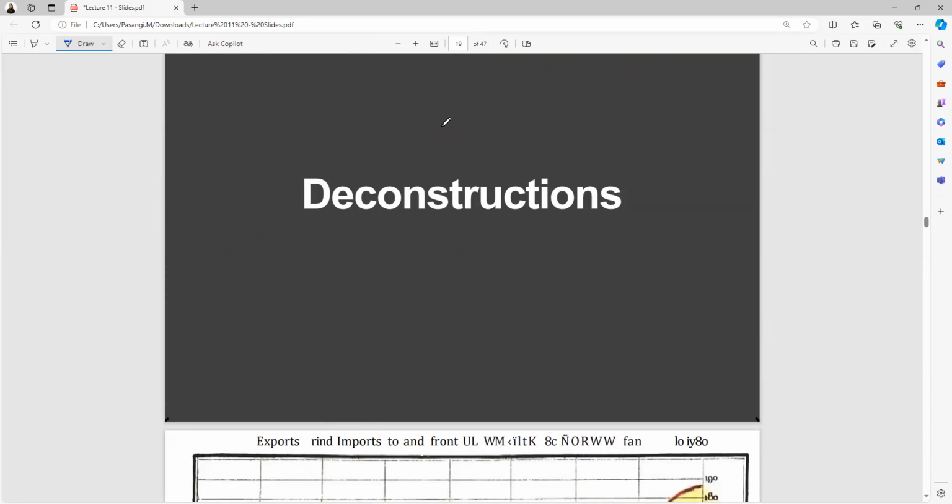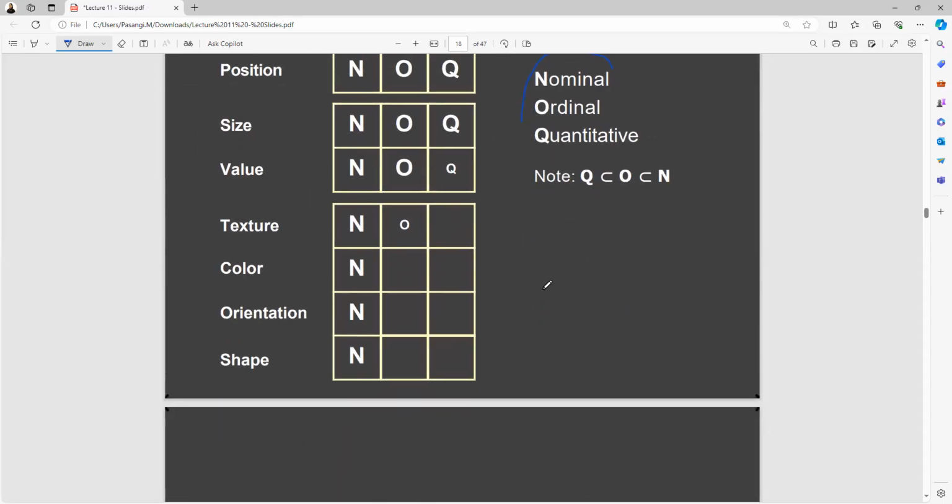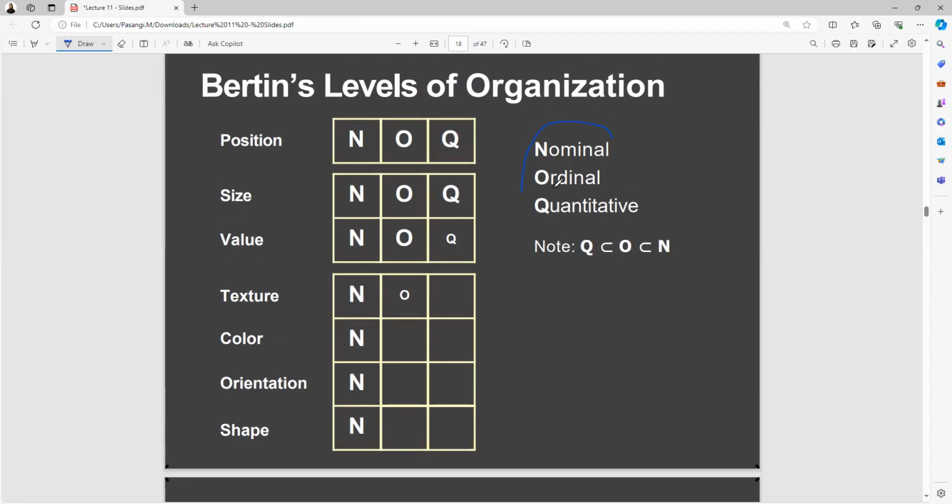Now we have the deconstructions. Okay, now up to this point, is it clear? What do you think? Up to this point, is it clear? Okay, someone has